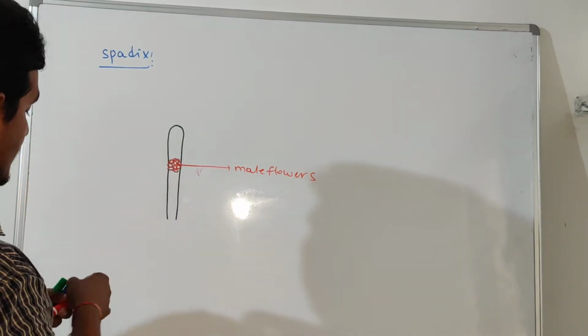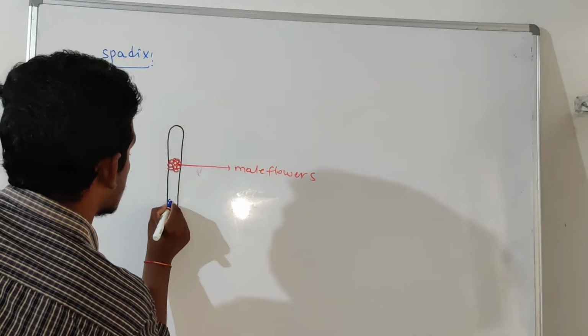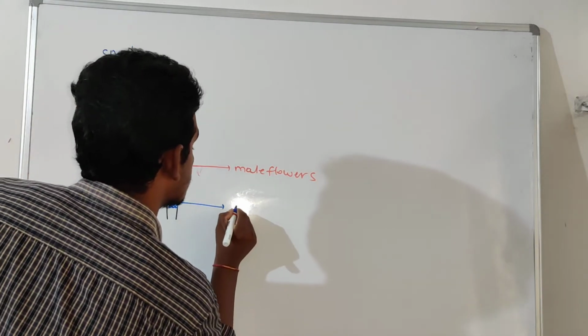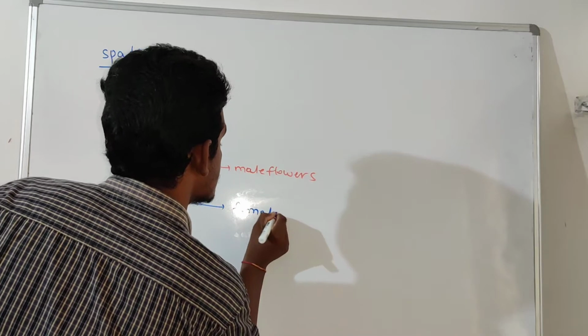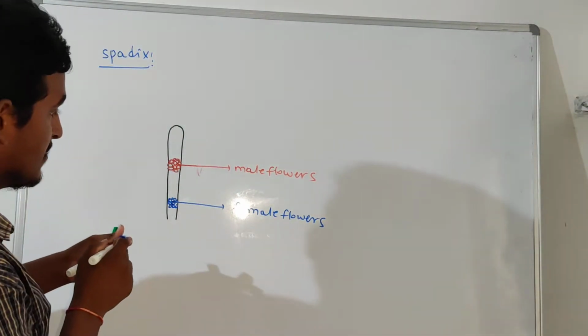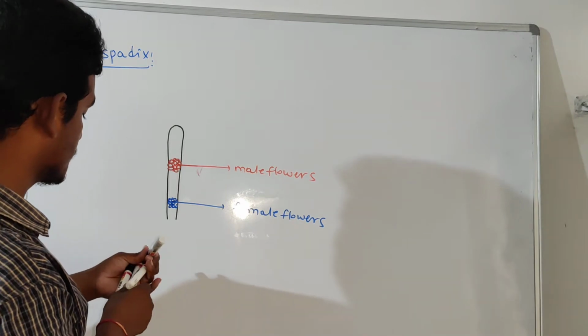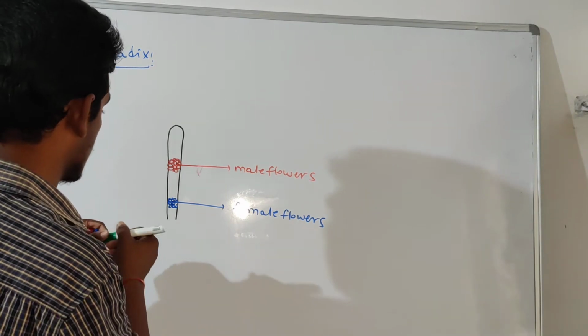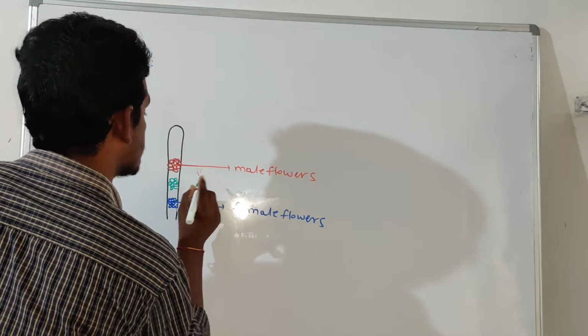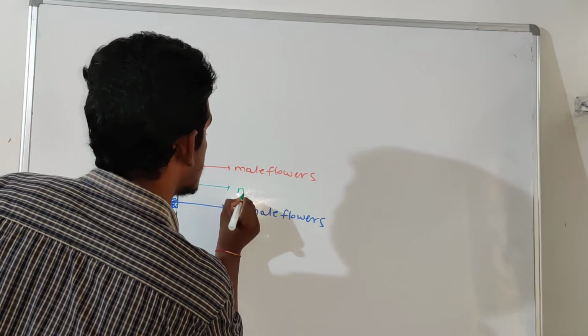And here it is having sessile female flowers. And between the male flowers and female flowers, neutral flowers are also present. So these are